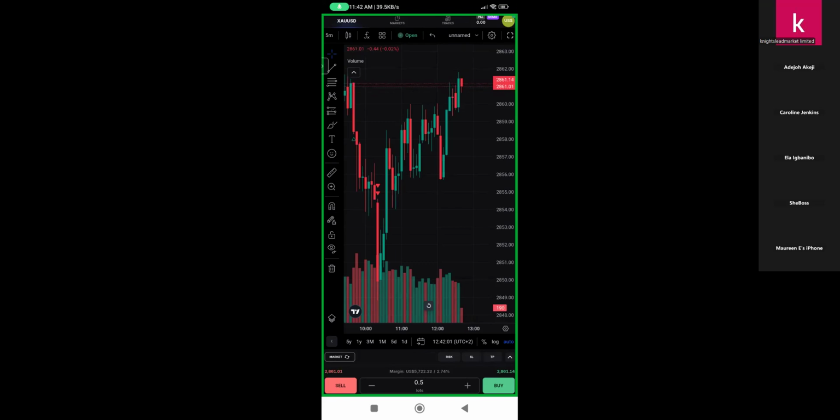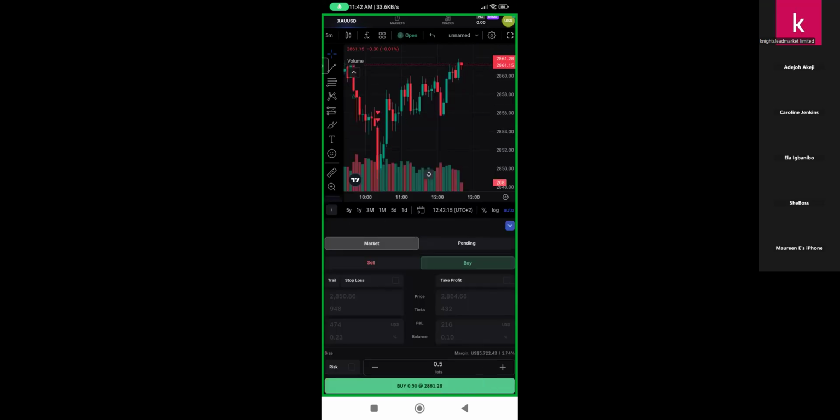You see this arrow beside TP, just above the buy button that shows green. Now click on it, and it's going to come up. You see that. So if you want to place a buy order, ensure that buy is selected here, and you enter the